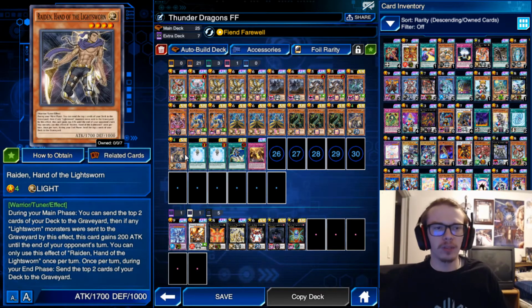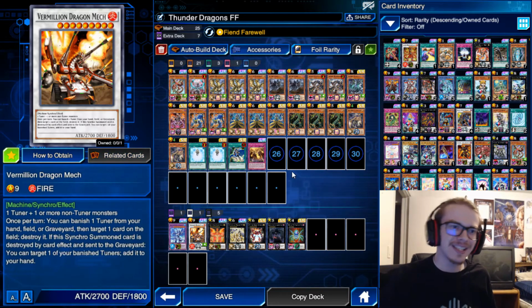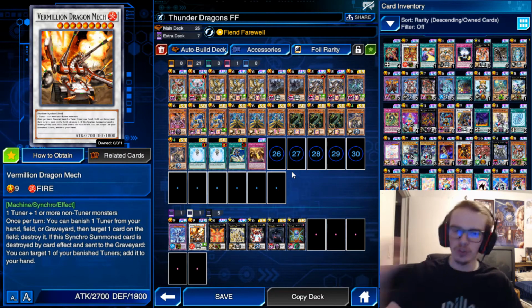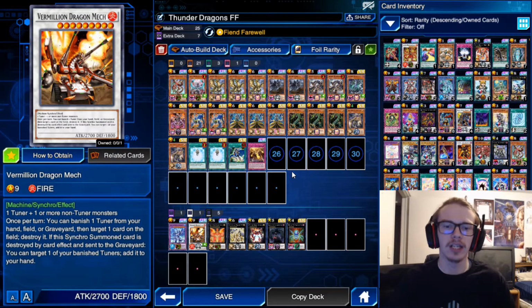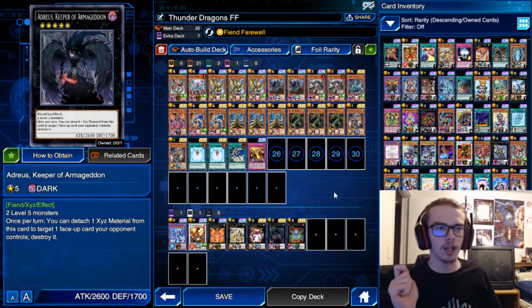And then, of course, we are playing the Light Sworn engine with Charge of the Light Brigade in order to mill more cards, and in order to give us access to Vermilion Dragon Mech, a really solid, just pop one card. It's really nice. It's 2700 attack. It's super solid. The other notable thing that I want to mention is that I play our